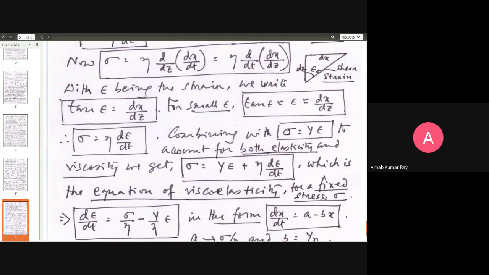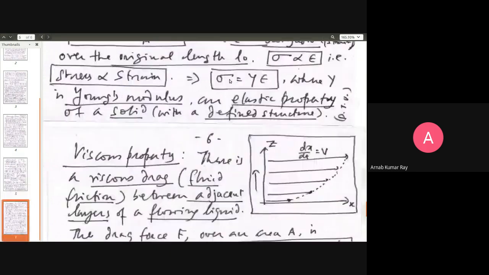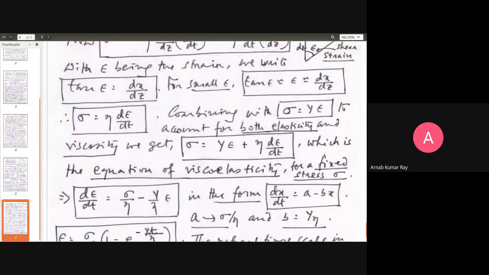for a fixed stress. Stress, loosely thought of, is the force that is applied. So somebody applies a certain fixed force, and then it is to be divided by the area, whatever it is. So you can ask me an important question. How is it that you just said elasticity pertains to solids and viscosity pertains to liquids, and yet you are bringing the two things together? Either you have solid as in ice, or you have liquid as in flowing water. But how can you have both solid and liquid coming together in the same physical frame, physical discussion?